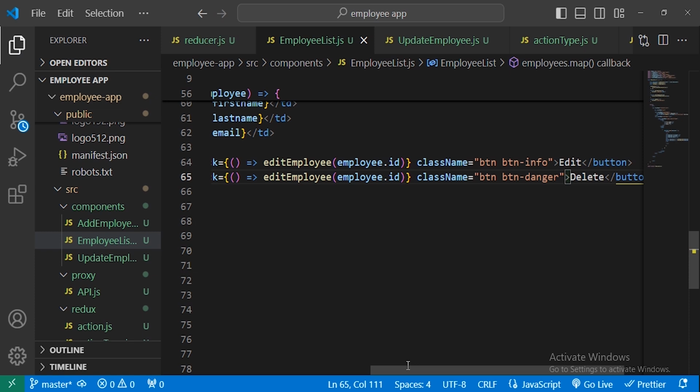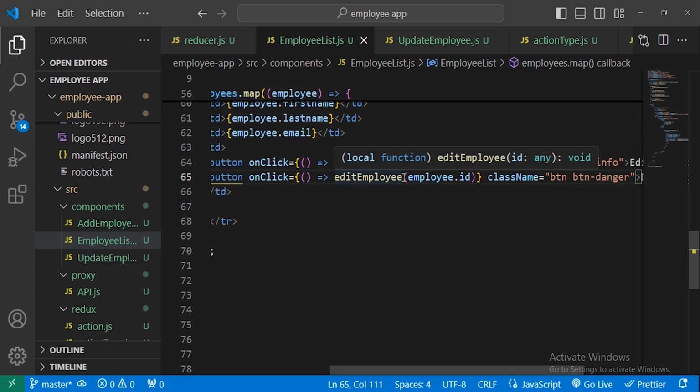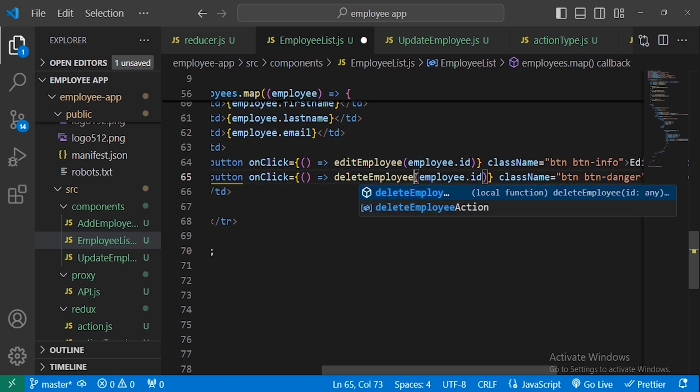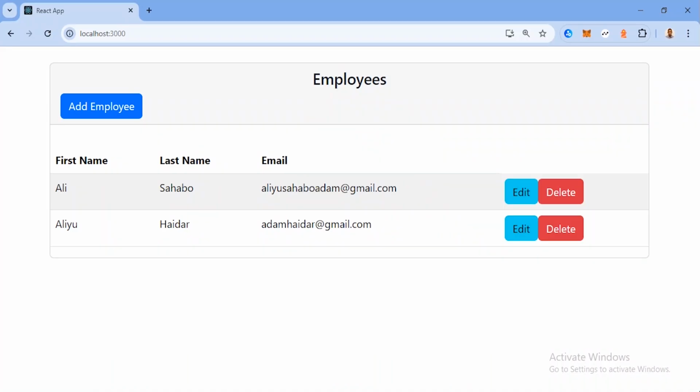And we will change the on click for this, we will have delete employee. So let's have delete employee. Okay, so this is what we have so far. Let's save the changes and go to the employee list. You can see we have the delete, but we need to have some space between them. Okay, before testing, let's go to